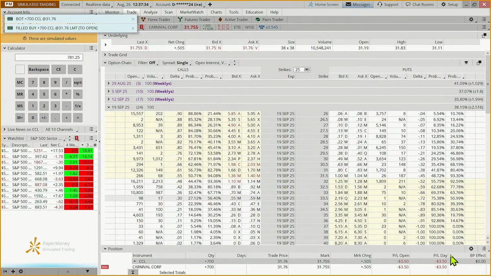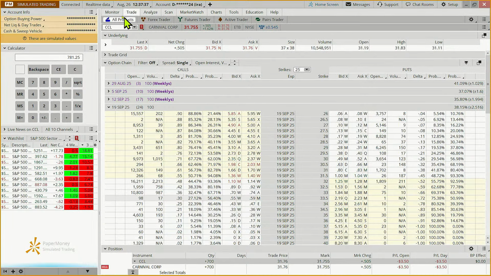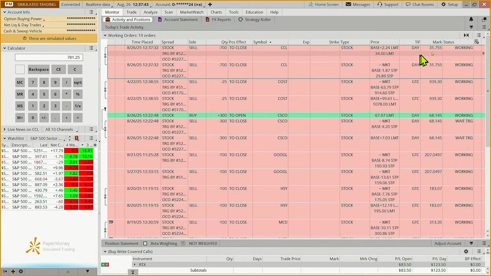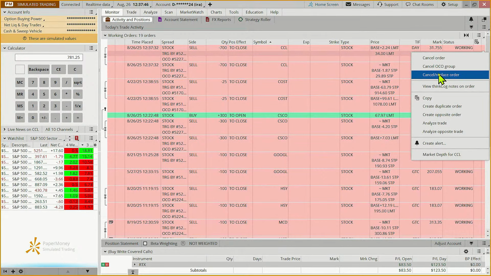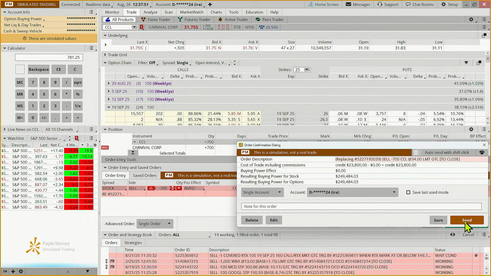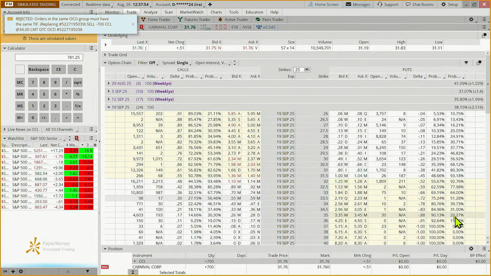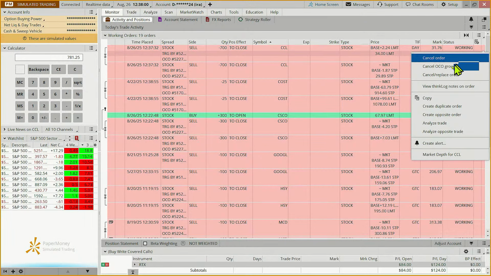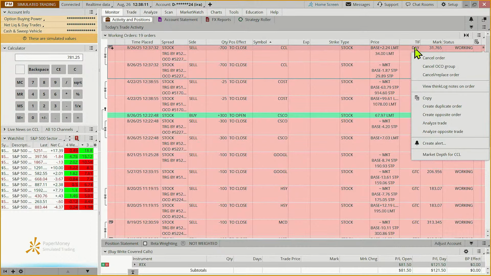Okay. So now that we have that in there, let me see if I can come in and look at these working orders. See, this is a day order. So let's see if I can cancel and replace. Now I can make it good till canceled. It may not let me put it in there. Rejected. So I have to do the whole, I saw that after I put it in. So cancel. I'll fix this afterwards. I probably have to cancel and replace the group and put these in again. Otherwise, they'll expire at the end of the day, and we don't want that. Okay.